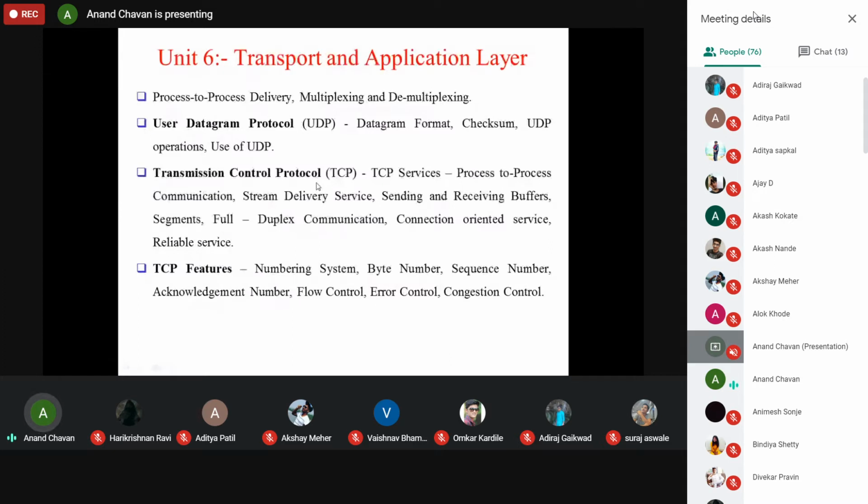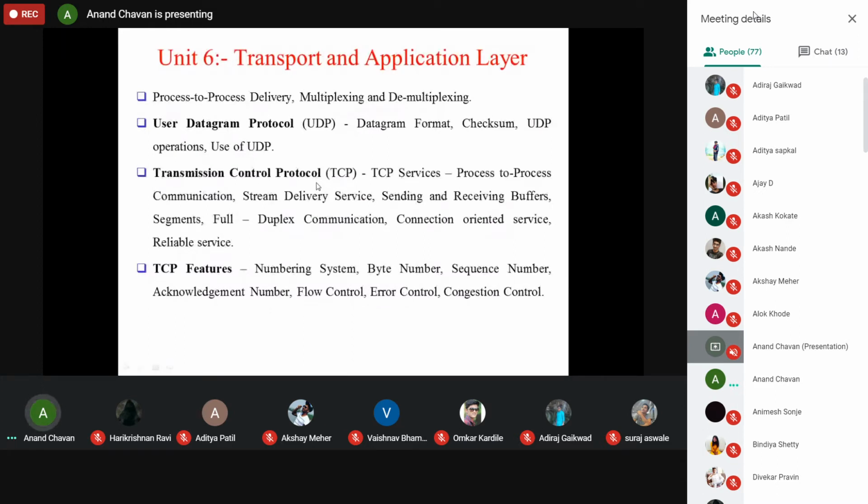This buffer concept is also associated with the TCP protocol. And in that, you use either half duplex or full duplex communication, whether it is connection oriented or connectionless, whether that particular service is reliable or unreliable. All these points come under the heading of Transmission Control Protocol.